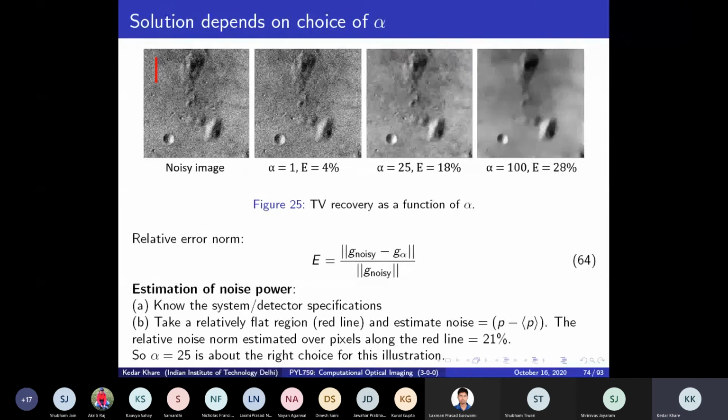So practically, when you put such algorithms on the system, you need a way to choose alpha either completely in an automated way, or you need a handle to tune alpha so that you can get a family of solutions. There is a lot of work in this area, and I have also spent some time doing work on it. I will show you some results later. But if you can make this choice of alpha completely automated, that's very nice, because in an application sometimes you don't want to give extra work.